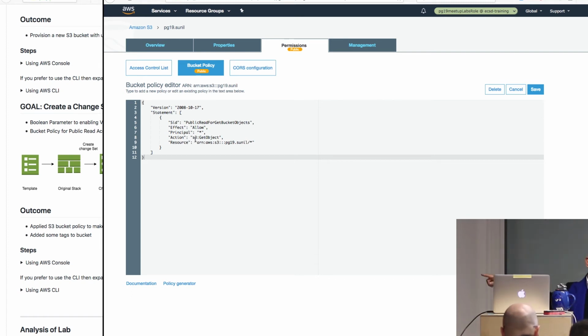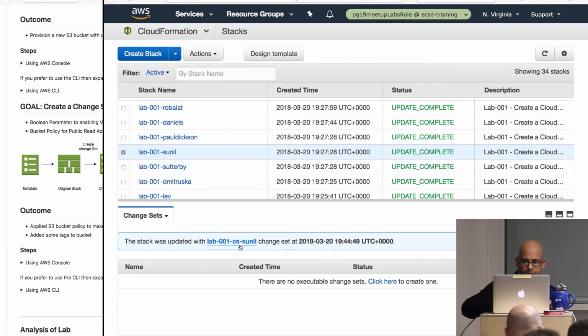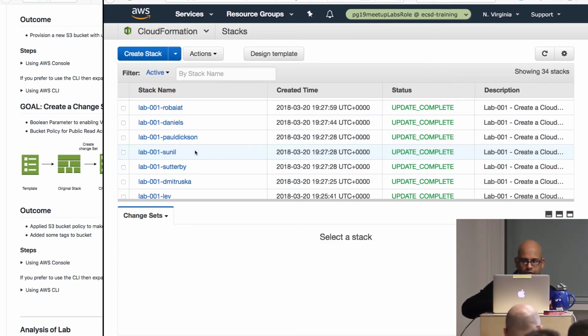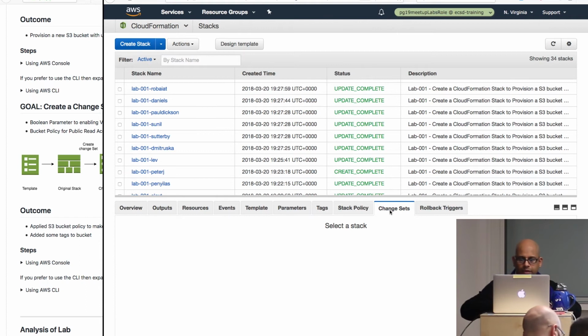So we just executed it, but what actually happens is, if I click on this, and if you click on change sets, it will list it here. Right. So you could have a whole bunch of modifications you want to do, and it would show them here. So if you just wanted to make the S3 bucket public, can you just publish that little script as a change set, or do you have to do everything including